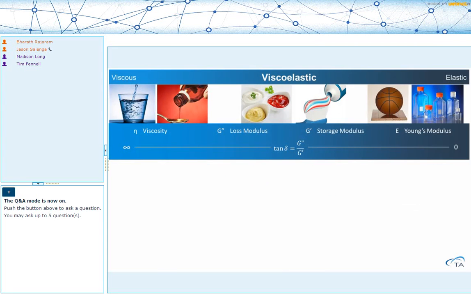So if we look at the viscoelastic spectrum, materials can either be purely viscous liquids that are described by viscosity, a single number, or they could be rigid solids that are purely elastic in behavior and that are described by the Young's modulus. But in the real world, materials tend to have some combination of viscous and elastic behavior, and we tap into additional parameters to help describe this behavior. These include the storage and the loss modulus. The loss modulus describes how much energy put into a material is lost due to viscous behavior, whereas the storage modulus, G prime, talks about how much energy is stored in the material when you impart it to it. And as you march along the spectrum, moving from viscous to elastic,